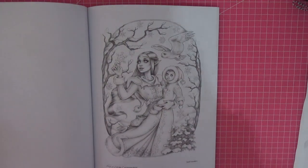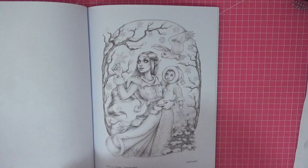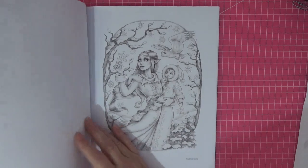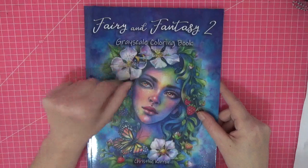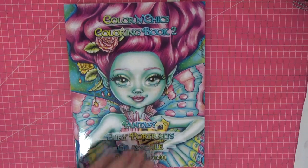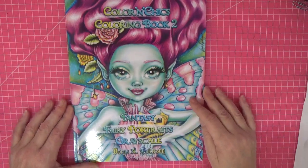And I'm pretty certain if you go to her Etsy store, she will have this available or more Christmas pages, because she's just a dream, isn't she? So that's Fairy and Fantasy 2 by Christine Karen. Okay, enough Christine Karens. I did go and have a look in my Colouring Chicks books, and this one is